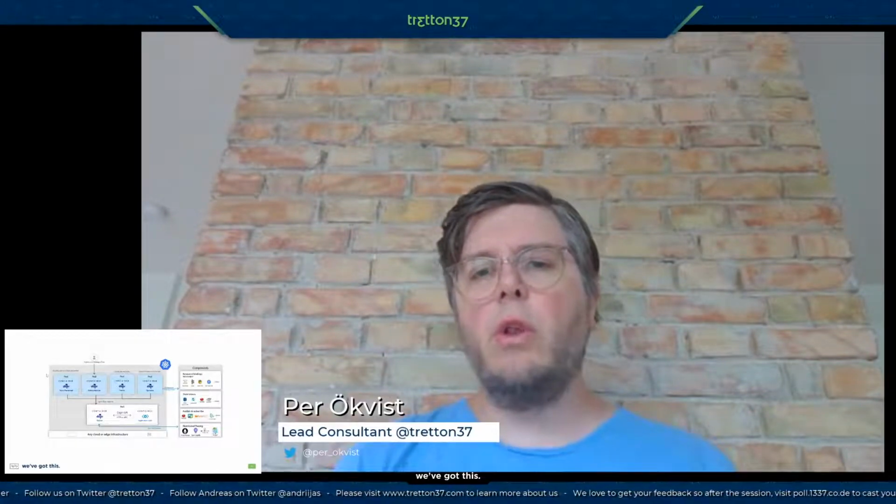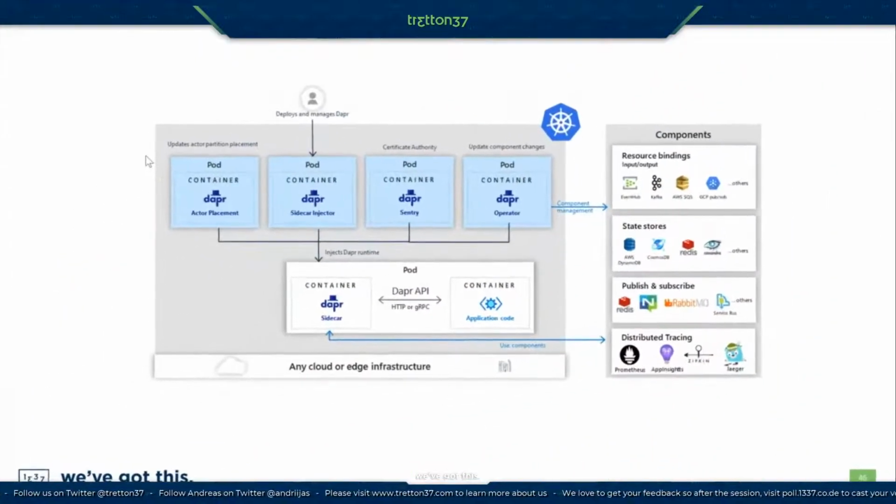So if you install Dapr in your Kubernetes cluster, you're going to get 4 different services installed: the actor placement service, the sidecar injector, and the operator and sentry module. And this allows you to then add annotations to your Helm charts to deploy Dapperized applications. So one of the goals here is, of course, making it easier to do distributed applications in orchestrators like Kubernetes.